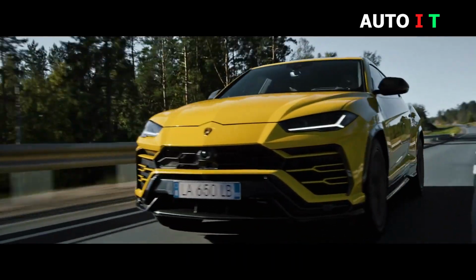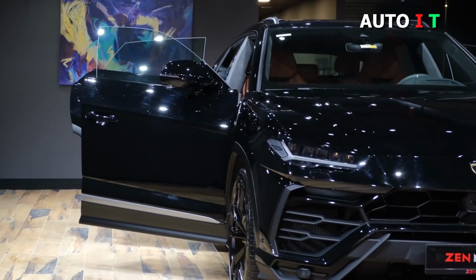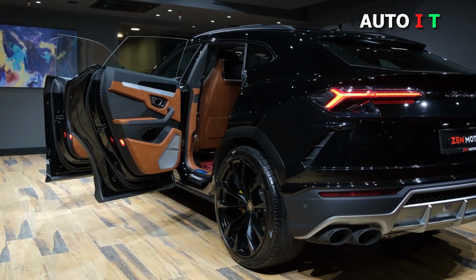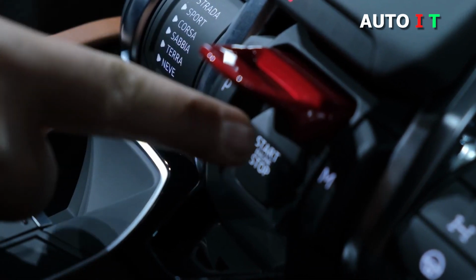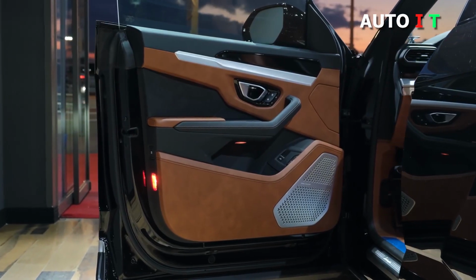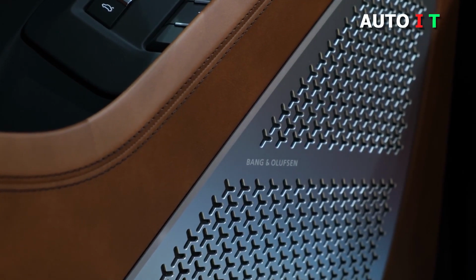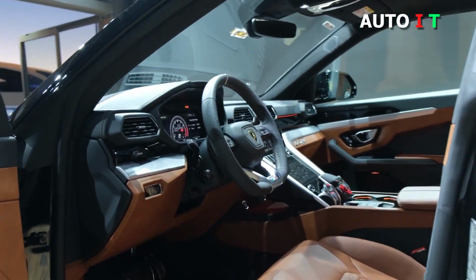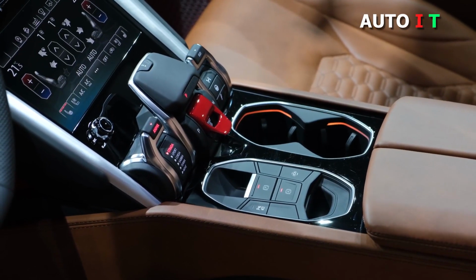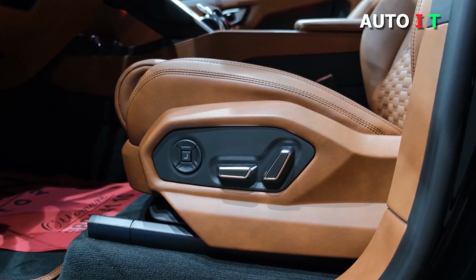Lamborghini Urus. The Urus isn't the first Lamborghini SUV, but it's the most important car the brand has launched in years, designed to inject the sort of cash flow into the company that Porsche has seen since introducing the Cayenne. With Lamborghini part of the VW Group, the Urus is based on the same platform as its Porsche-developed sibling. It uses an engine found in the Cayenne and Bentley Bentayga, a turbocharged 4.0-liter V8, developing a whopping 641